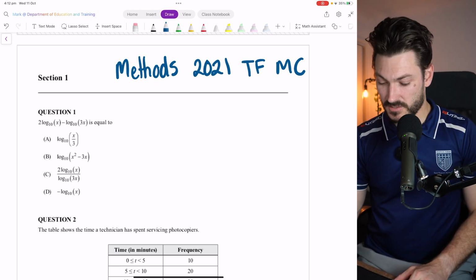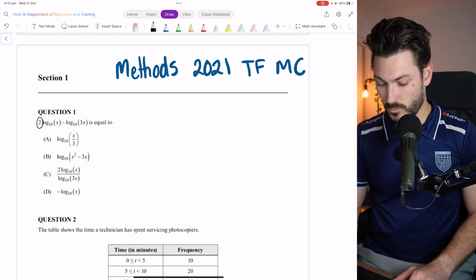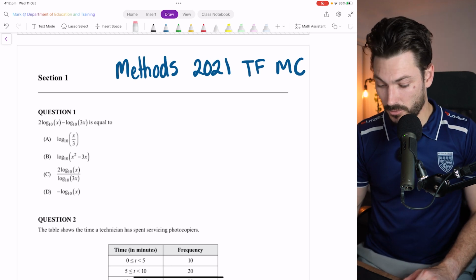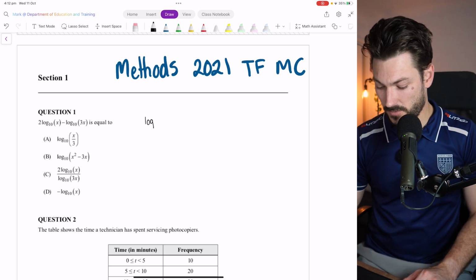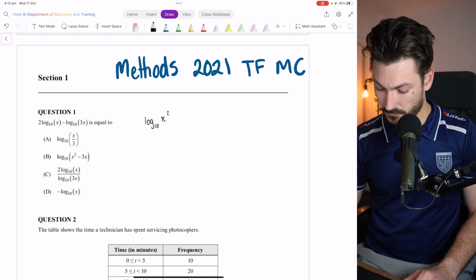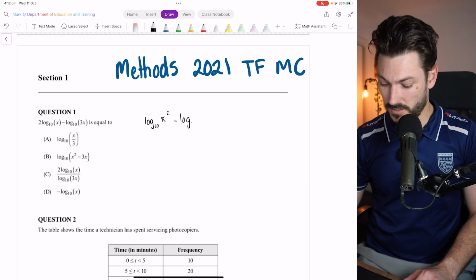First things first, I guess the common mistake here for students would be to not recognize that when there's a 2 out the front, you can't actually do any log laws. So I'm going to have to use my other log law and rewrite this as log base 10 of x squared. So bring the 2 up the top, and then that's going to be subtracted by log base 10 of